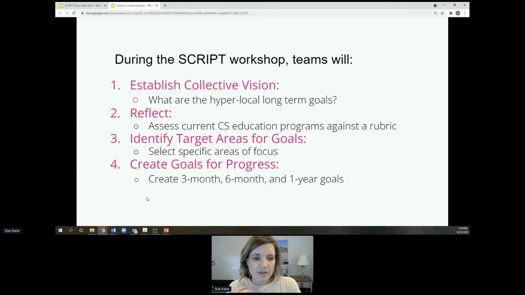And that assessment, as real as it can be about what are we doing? Where do we see access to CS education now? It could go from we don't see it at all to, well, there's this one 5th grade teacher who kind of does it. There's a whole variety of starting places. Wherever you are, that's great. That's where you are. And that assessment period allows you to establish that with the whole team,